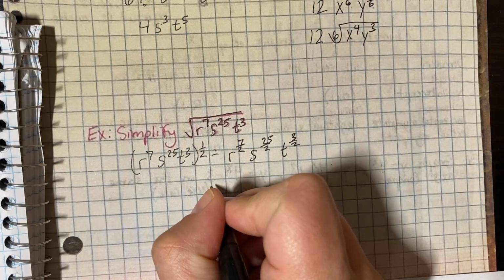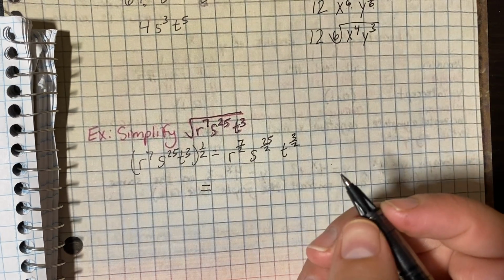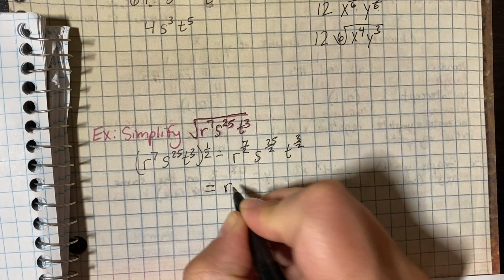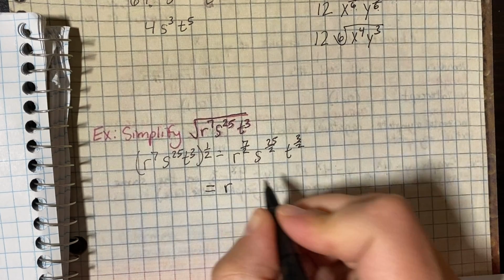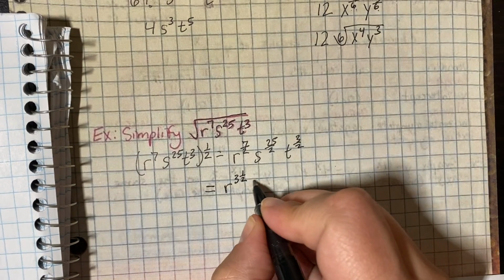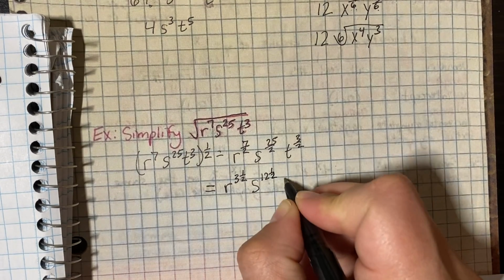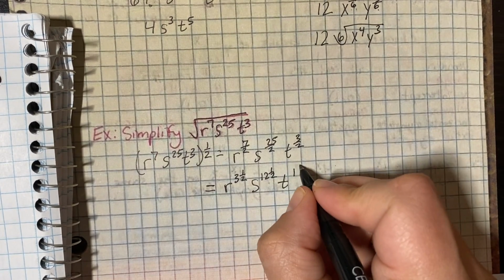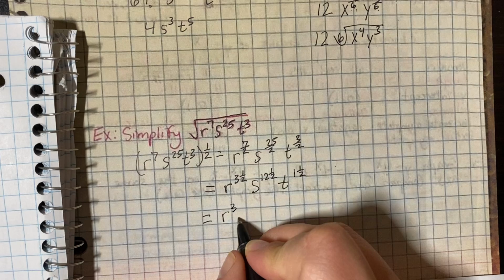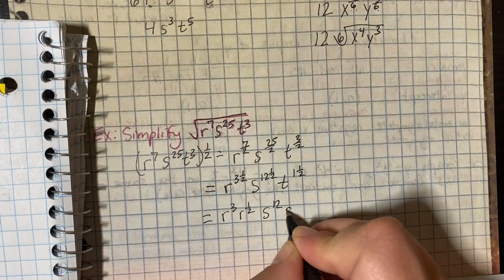What we want to do now is simplify those fractions and turn them into mixed numbers so that we can actually take pieces out of that exponent. So what we're going to do here is 7/2 is the same as 3 1/2. 25 halves is the same as 12 and a half. 3 halves is 1 1/2. So what we can say here is we have an r to the third, r to the 1/2, right? We're just going to break apart that fraction